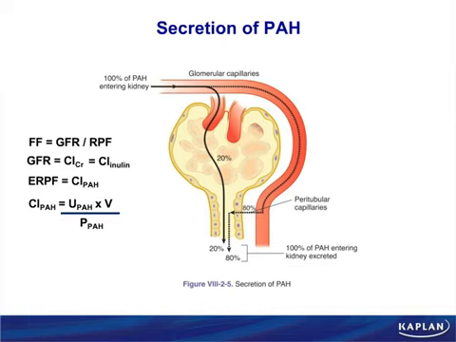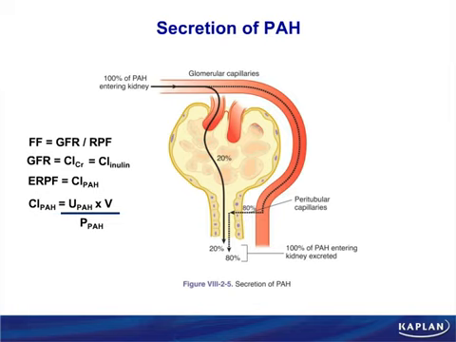My clearance just decreased. I just had a very big drop in my clearance because I'm secreting at transport maximum. My carriers are saturated. I can no longer clear my entire renal plasma flow. So I see a very big decrease in my clearance. Now if I calculate my clearance, well, out of 1,000 molecules that entered the kidneys in my renal plasma flow, I no longer cleared that renal plasma flow. I only cleared